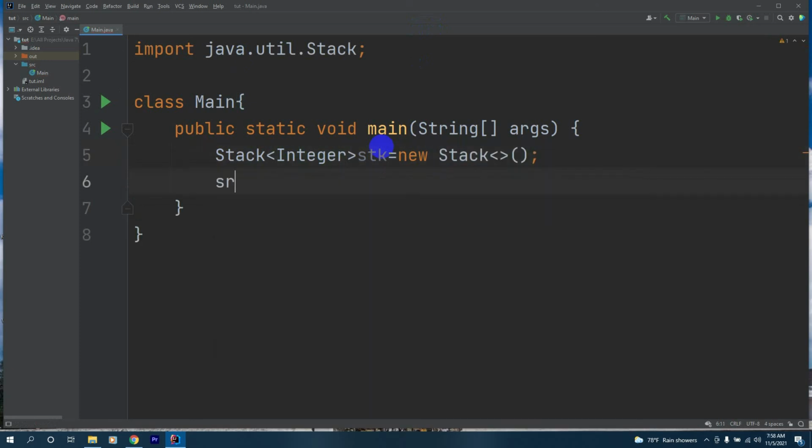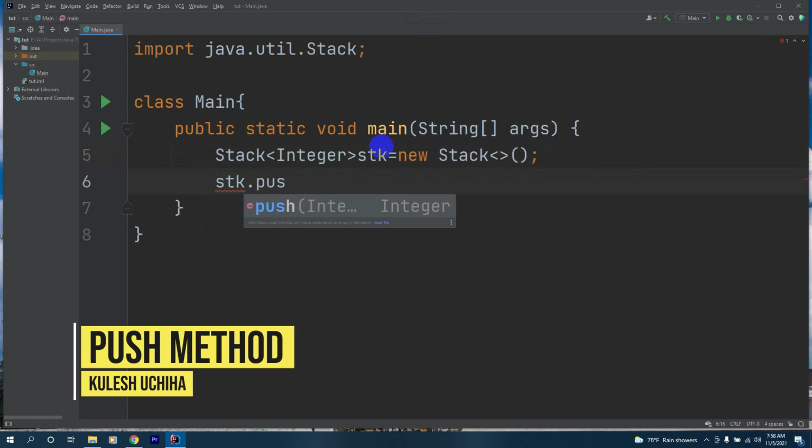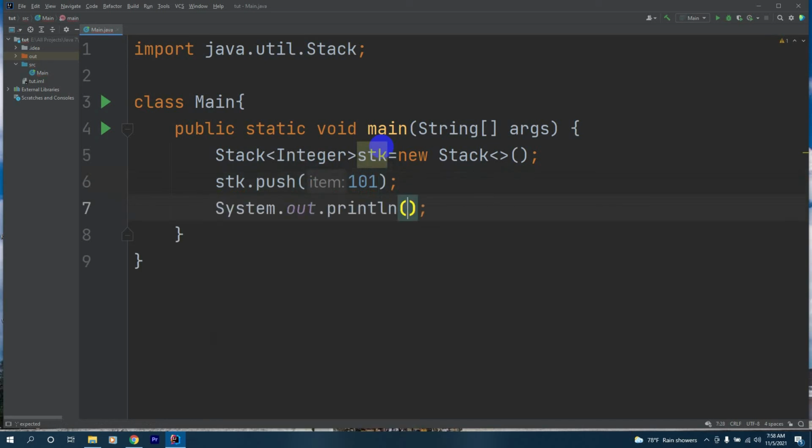And let's add values to our stk. stk.push is used to insert values. We'll insert 101 now,